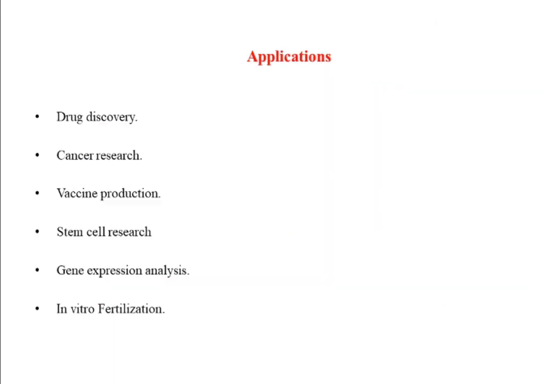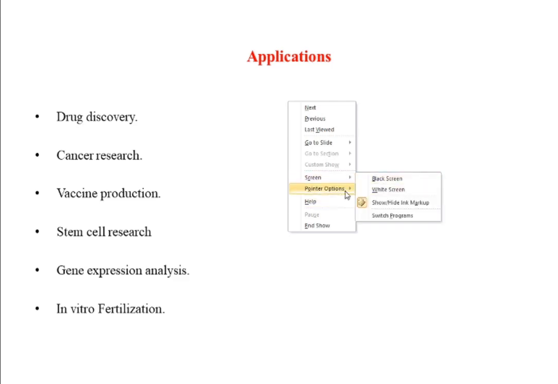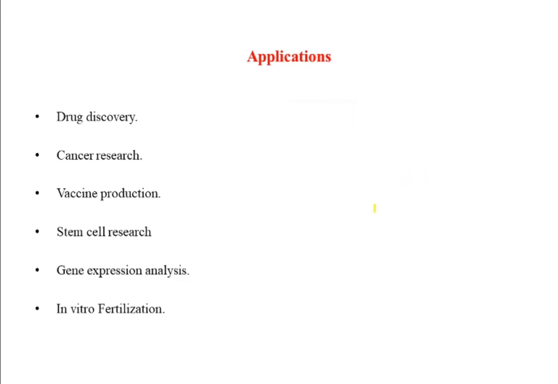And the last part is the application. Now, why do we do cell culture? Like I said, cell culture requires expensive instrumentation, dedicated laboratory space, which is again an expensive business. Besides this, the cell culture laboratory requires chemicals, which is again very expensive. Even the water that we use in cell culture is expensive water, highly purified water. So all these expensive requirements are there. Expensive instrumentation and laboratory facility is required. What is the outcome of this? So here I will explain a few, and I will give you the homework of that.